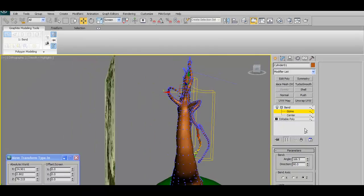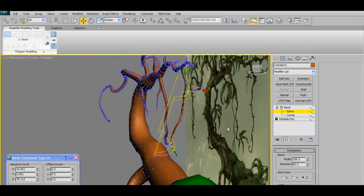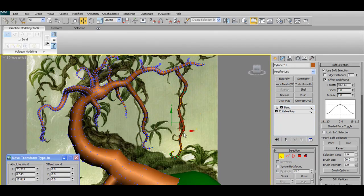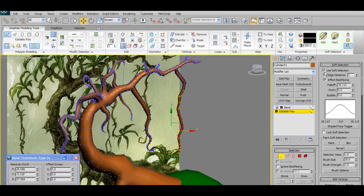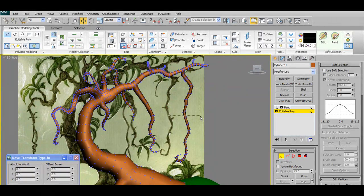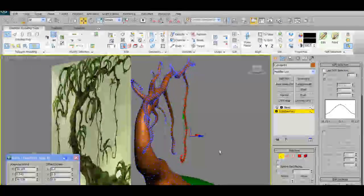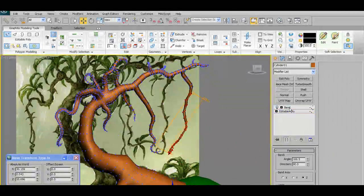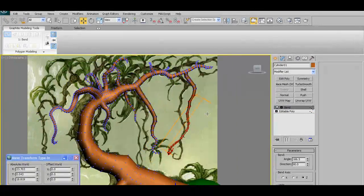Just rotating around in 3D space. It's kind of cool, but not exactly what I want. I think it might have to do with the soft selection. I'm going to turn the soft selection off, and actually, I'm going to try to make a hard selection, an exact selection. Now move back up to my bend modifier and see if I can get a little bit